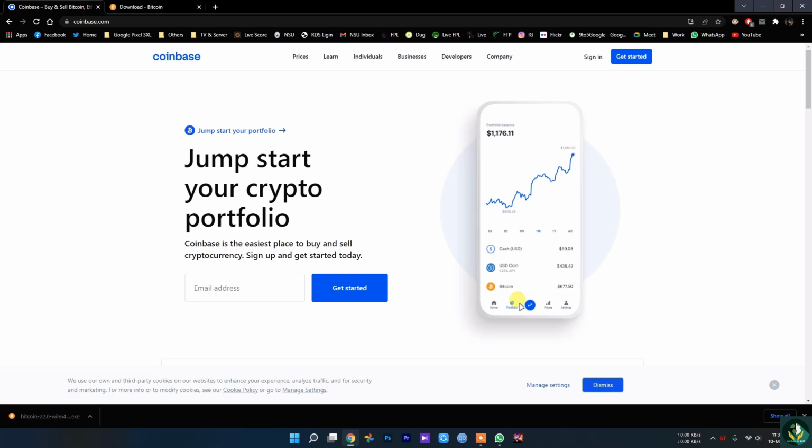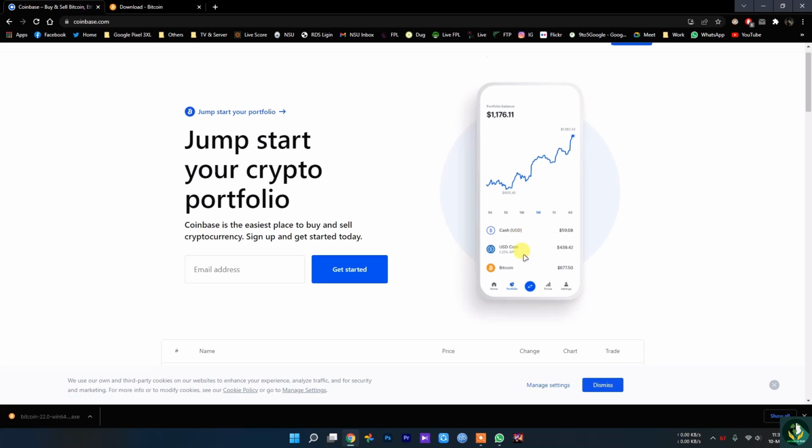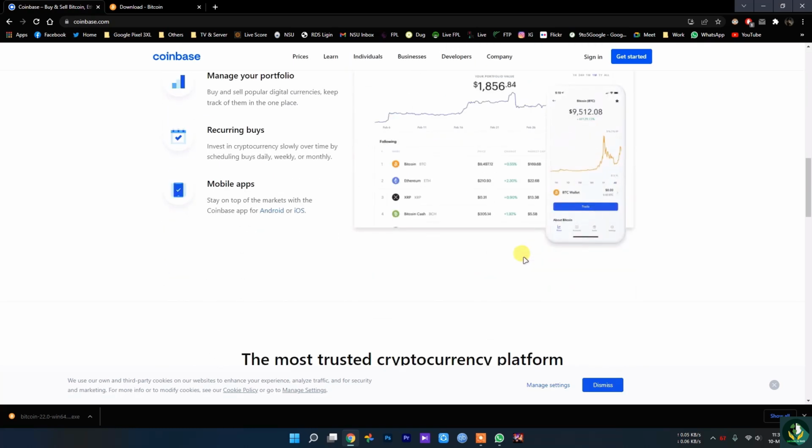The first option I am going to show you is Coinbase. The reason I say Coinbase is that it is the leading Bitcoin service in terms of exchanges, which means it has a very high user base and is very trusted, though not completely trusted, for the following reasons.